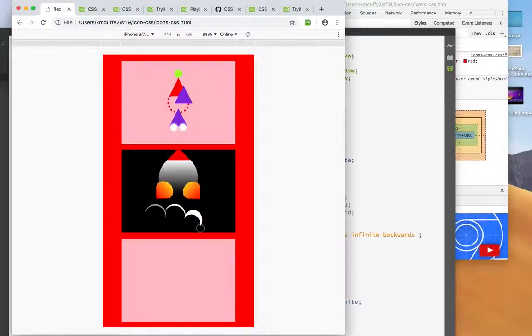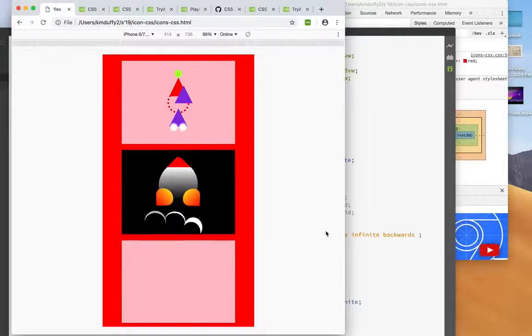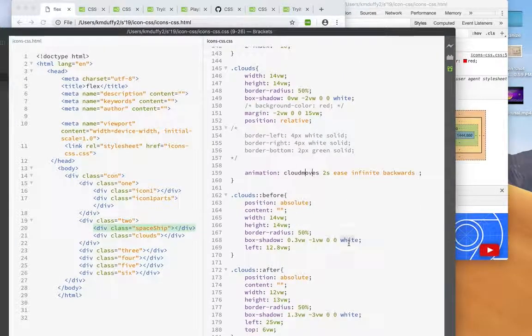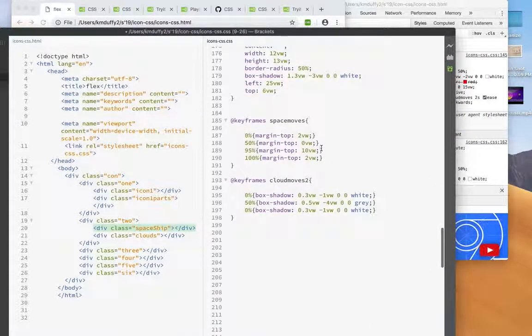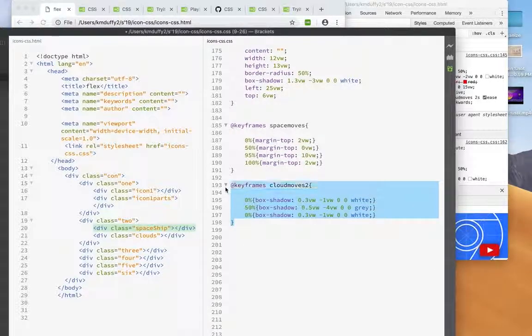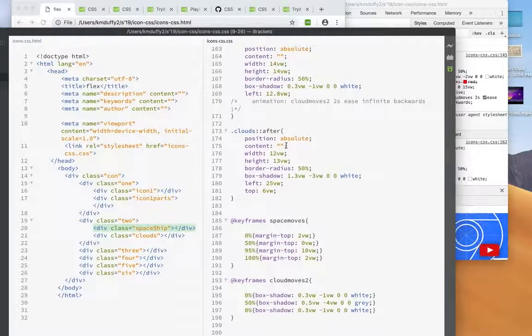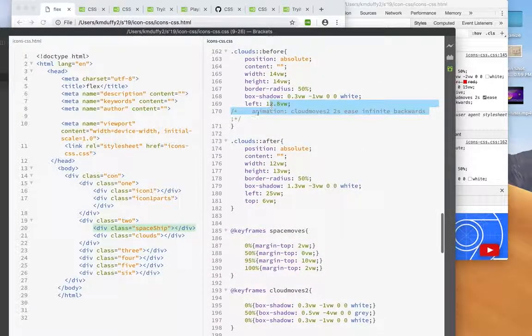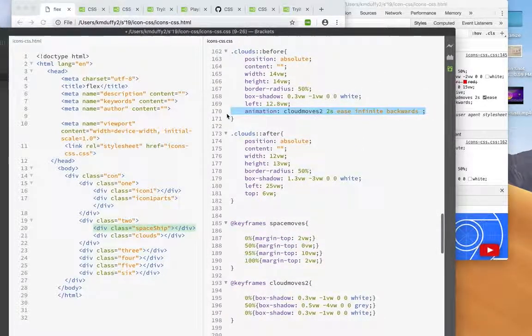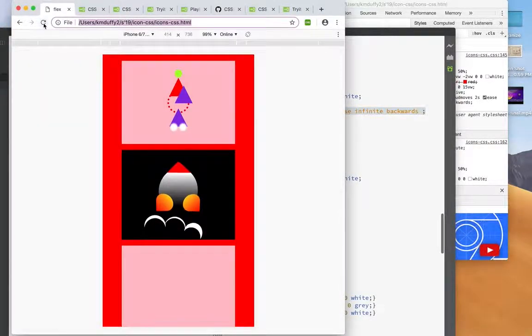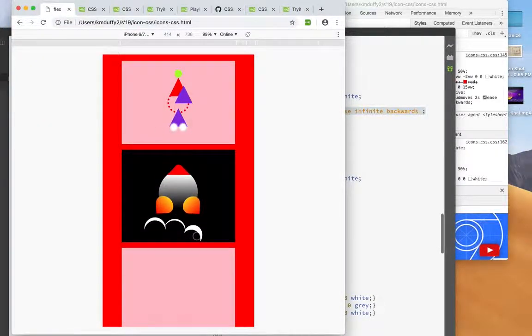Okay, so then I have, and see the position changes as well. So if I want to also animate these other ones, right, I have to call a specific animation for those. Okay, so I have this other animation here for cloud moves 2. Let's turn this back on. Okay, and so